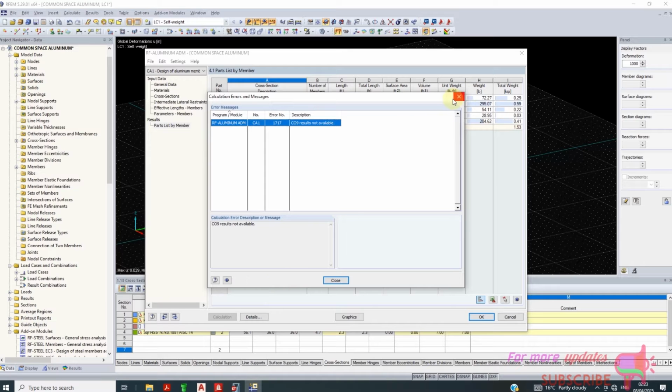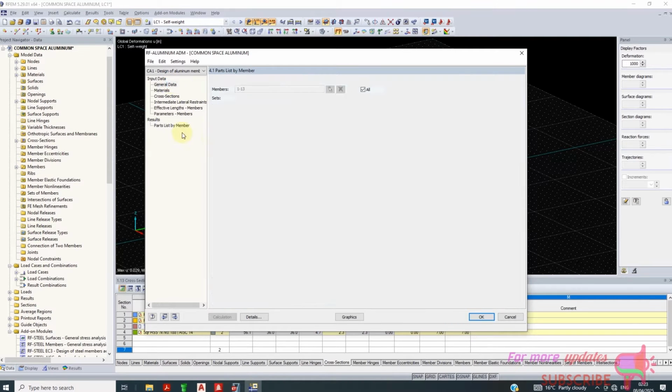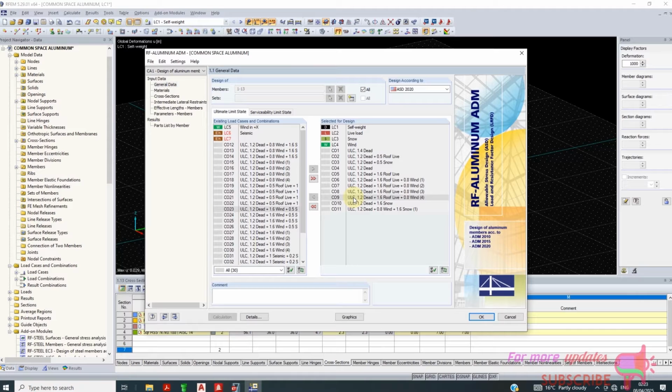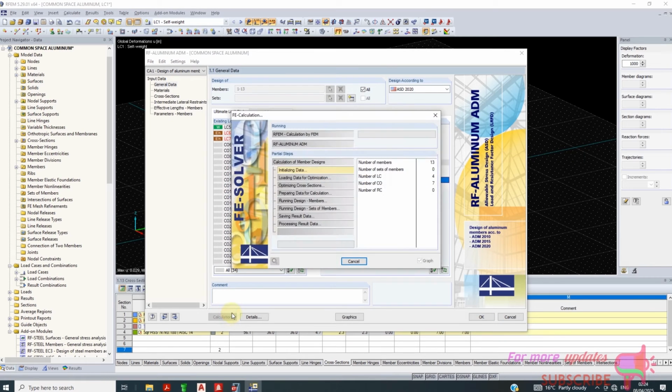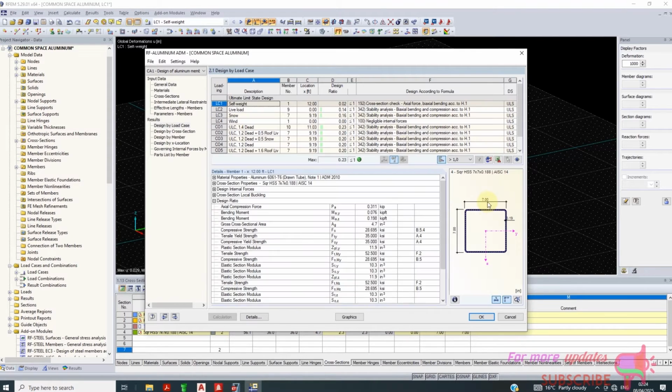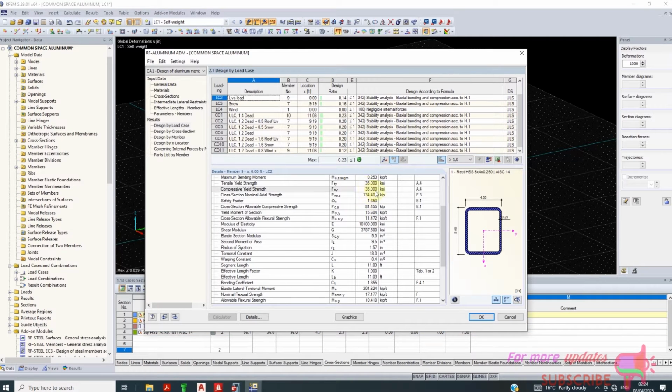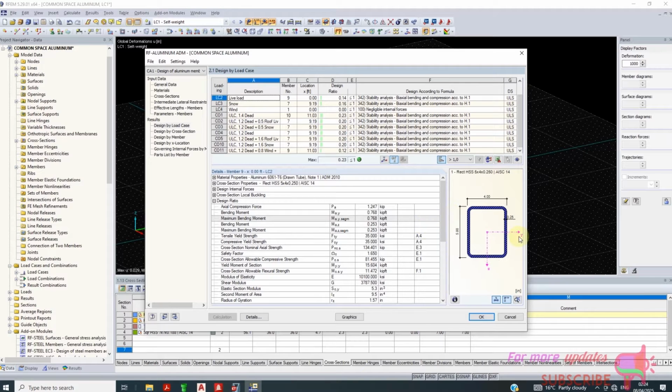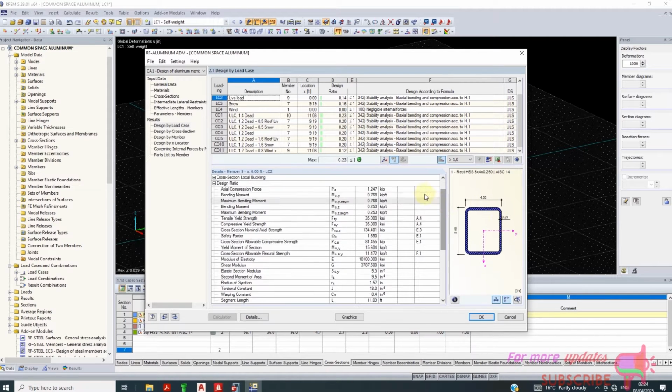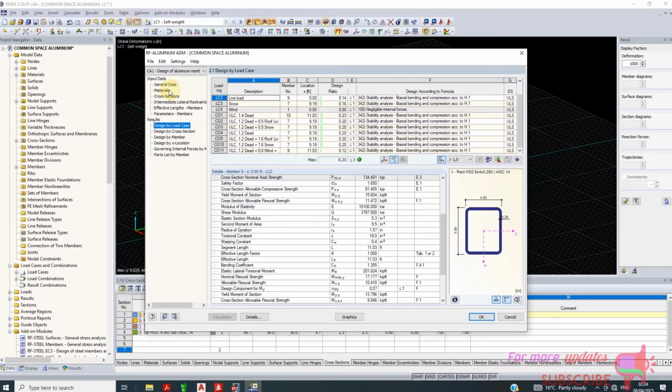Combination 9 is not available. So let me just exclude all these wind loads. So materials,